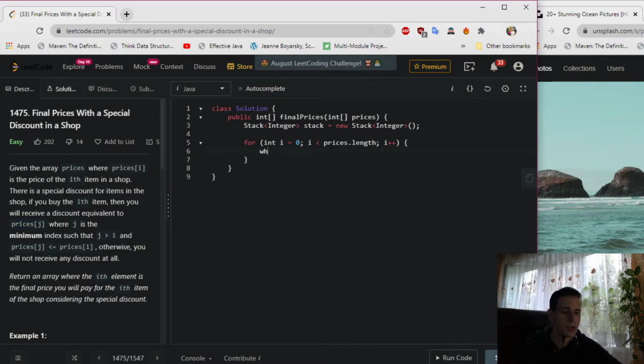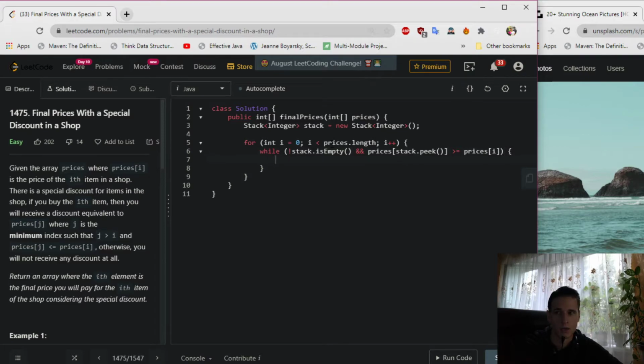At each iteration you create the while loop, you check in the case when this stack is not empty and prices at the position of stack dot peek is greater than or equal to prices at I, you